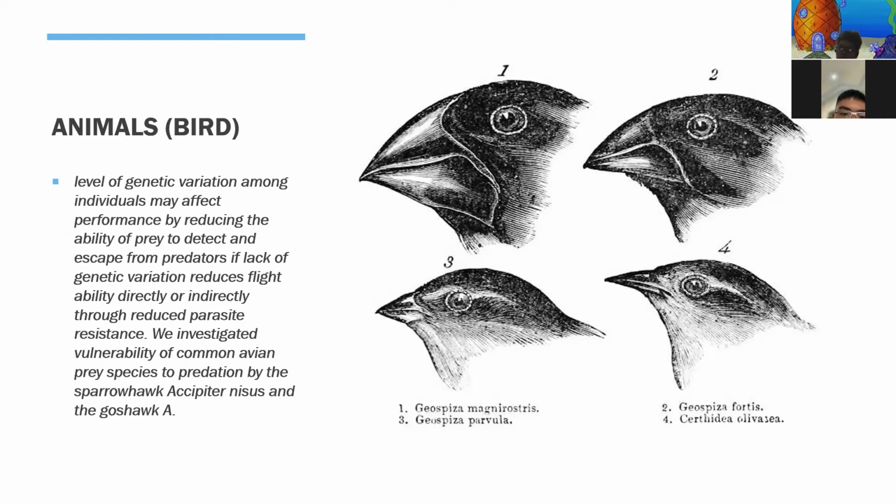Animals, birds. The level of genetic variation among individuals may affect performance by reducing the ability of prey to detect and escape from predators, if lack of genetic variation reduces flight ability directly or indirectly through reduced parasite resistance. We investigated the vulnerability of common avian prey species to predation by the sparrowhawk, Accipiter nisus, and the goshawk,